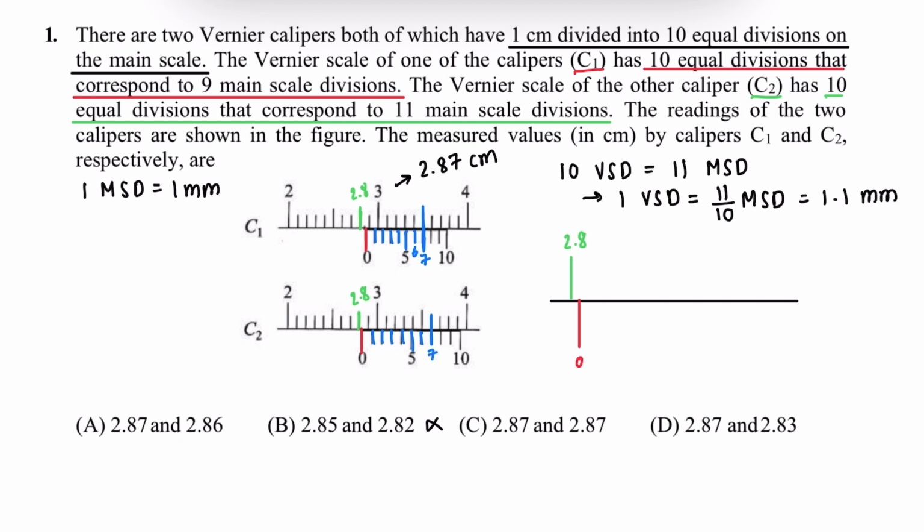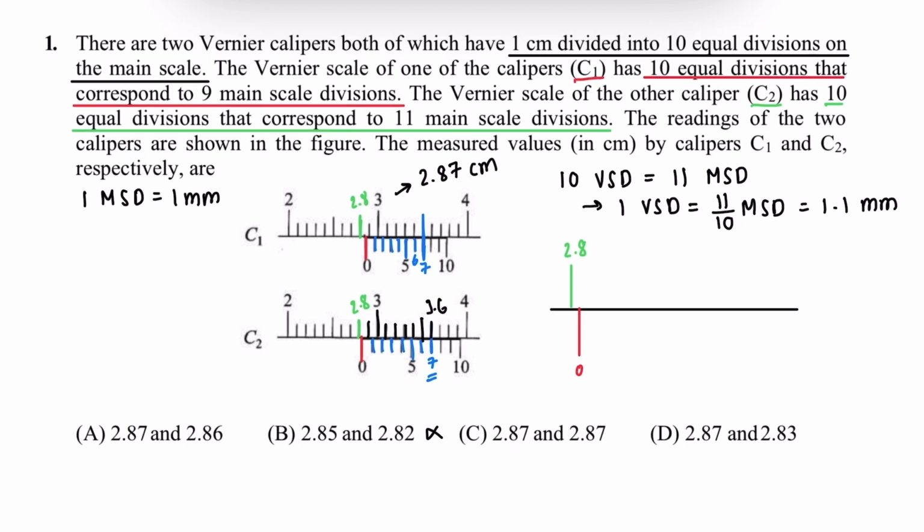So we know that the 7th Vernier scale division coincides with one of the main scale divisions. And let's check which main scale division that is. So that would be, this is 2.9, 3, 3.1, 3.2, 3.3, 3.4, 3.5, and 3.6. So it coincides with 3.6. So what I'm going to do is draw these right here. Let's just say this is 2.9, 3, 3.1,